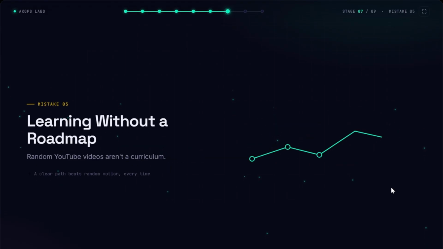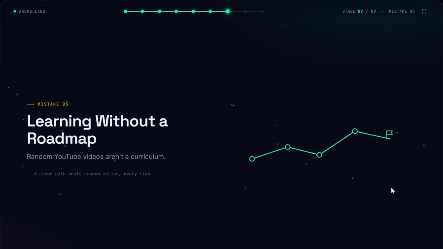Mistake number 5: learning without a roadmap. This is probably the biggest mistake. Today AWS, tomorrow Kubernetes, next week Terraform, then Python, then AI, then another random topic. Without a roadmap, learning becomes confusing.